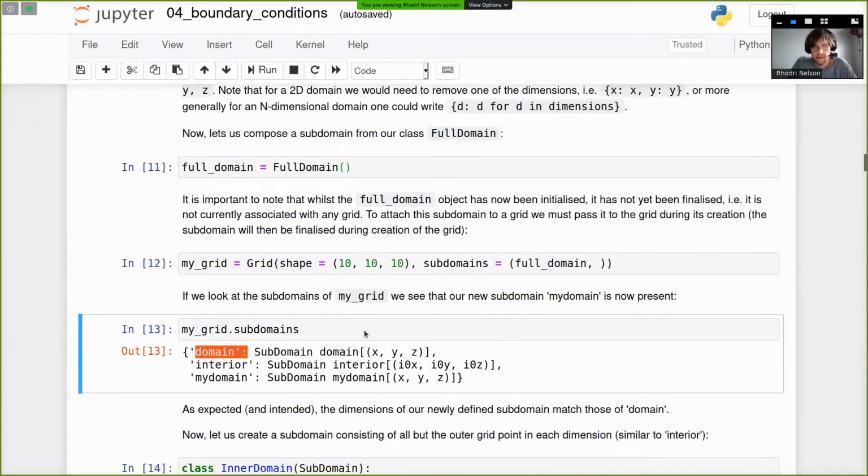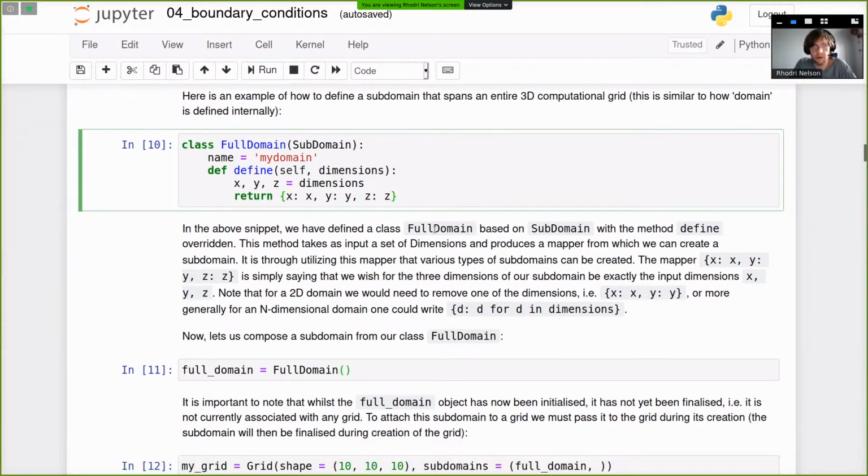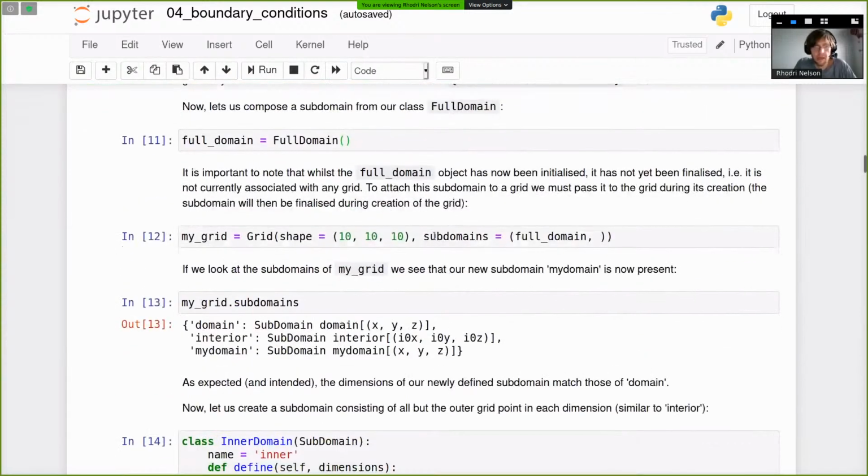Okay, but there, when we were defining our subdomain, we were just setting the dimensions to be those of the full grid. Of course, we can specify these dimensions to be subsets of the full grid in order to pick out a certain part of the computational domain we want to operate on, for example. So